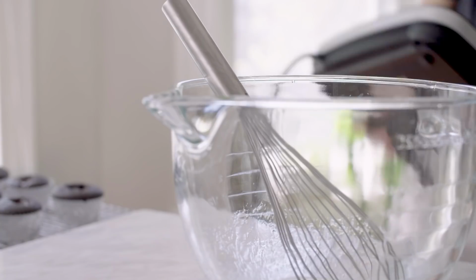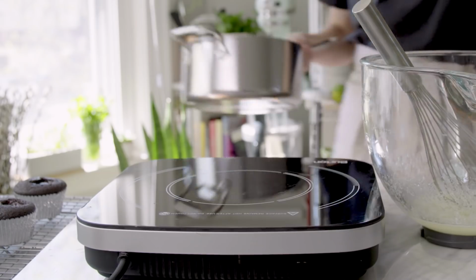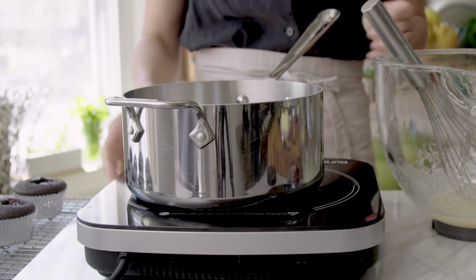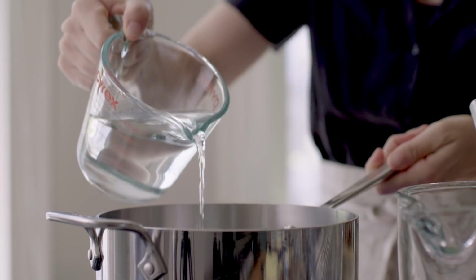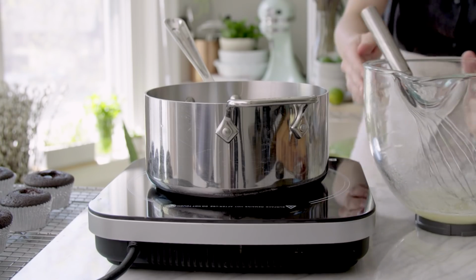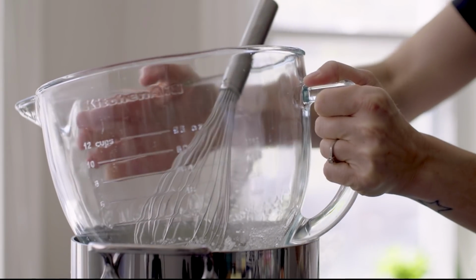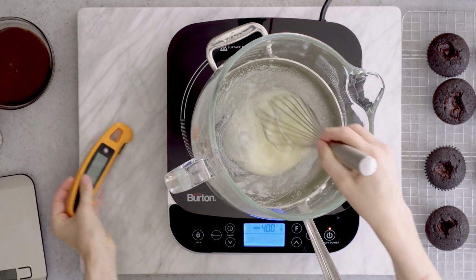When that's done, I'm going to create a double boiler. All right, so I've got a medium saucepan here. I'm adding 2 to 3 inches of water to the bottom of this pan. I'm gonna let the water come up to a simmer. Once that's simmering, my stand mixer bowl goes into the saucepan, making sure that the water does not touch the